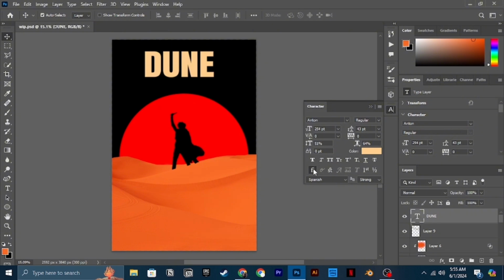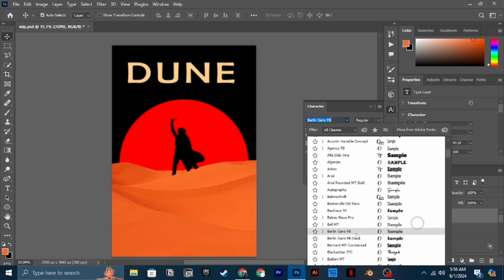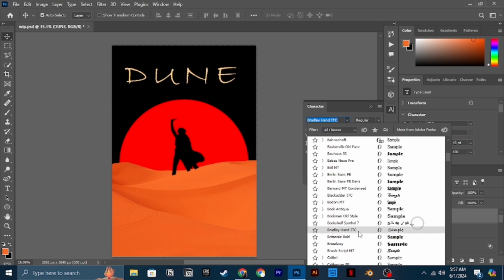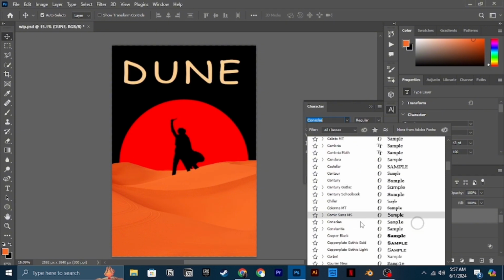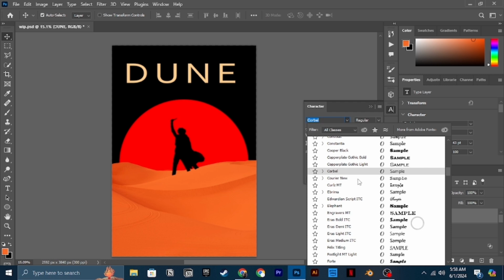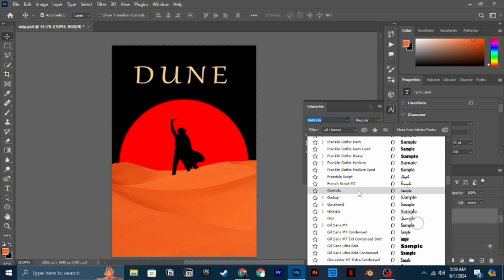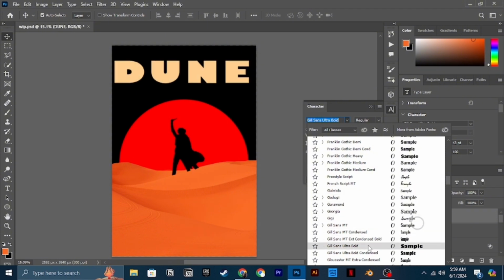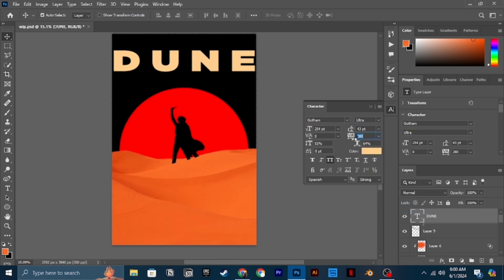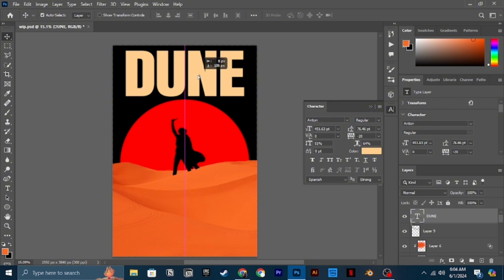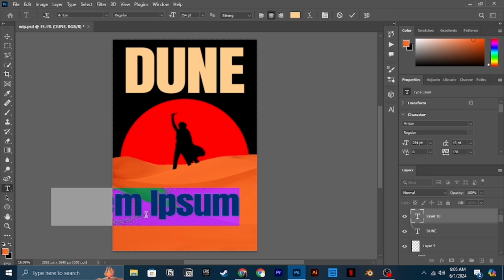And now I'm just trying different fonts to work with the actual title. I didn't want to use the font of the movie, and I also didn't want to use the font of the book covers. I wanted it to be authentic, to be something that I made or chose. And one thing I discovered is that the title of Dune works with almost every font ever. Maybe it's because of the way that it's written, or because of the themes of the novel and the movie, but it works so well with almost everything. And I eventually went with this one.